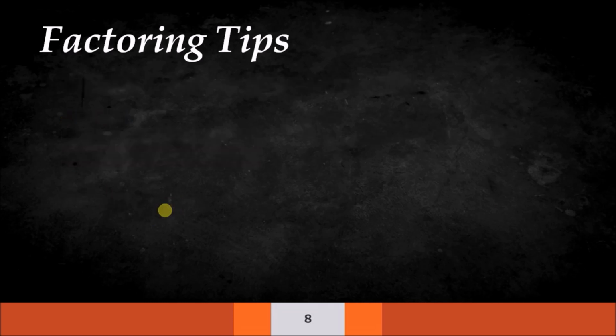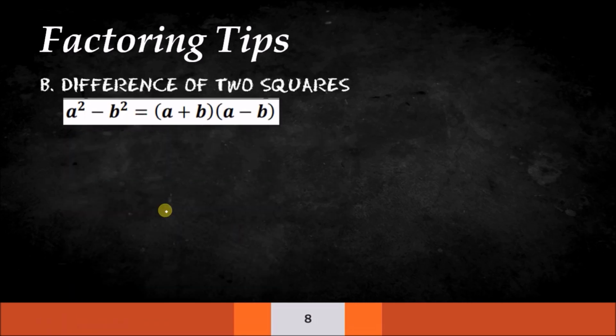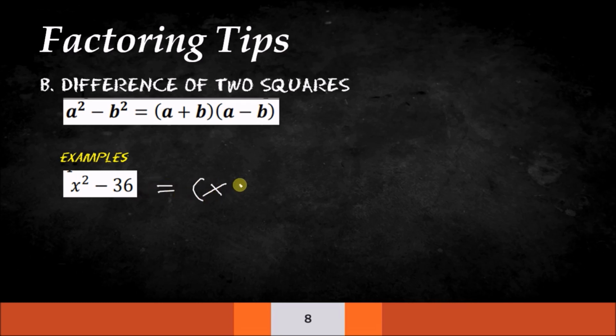Another tip, number 2, the difference of two squares. Kung alam mo na pwede mong i-apply ito, mas maganda, madadalian ang iyong pag-factor. Kung nag-exist ang x squared minus 36 sa iyong solution sa pagkuha ng mga factors ng polynomial, you could guarantee right away that the factors of this are x plus 6 and then x minus 6,